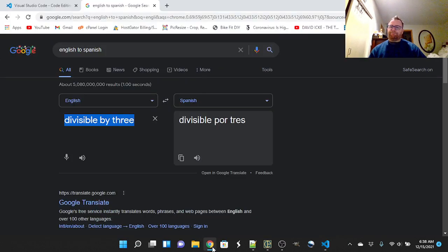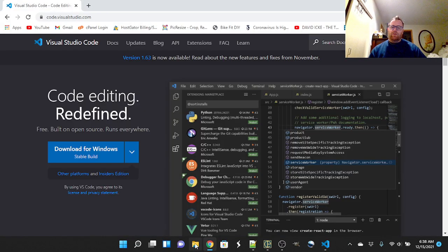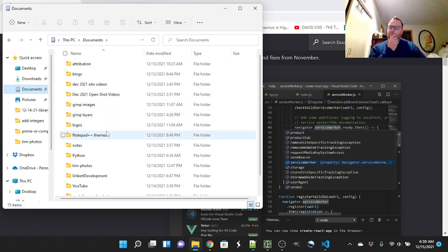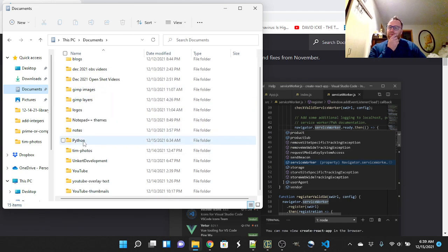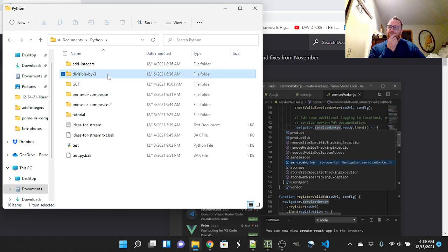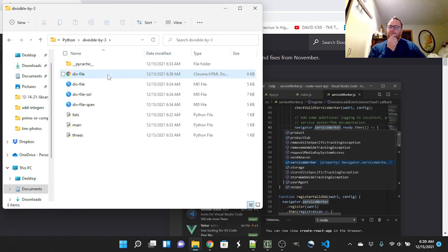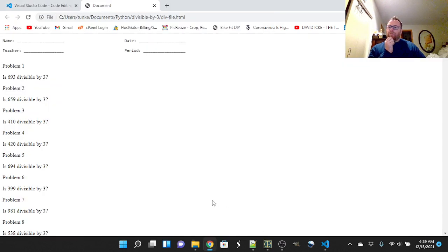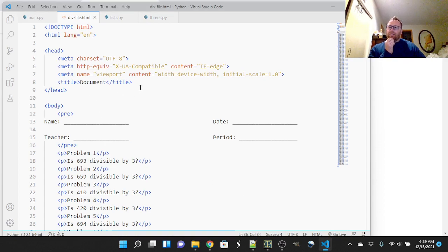Now let's open it up. Okay, go to my documents here. To Python, divisible by 3. Open this up. So Chrome. We've got this here. We don't have any styling, so I should put some styling in the document. And let's call this document